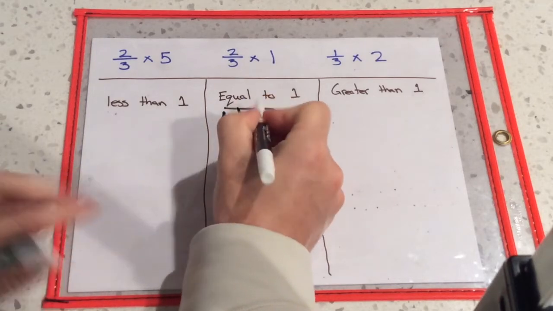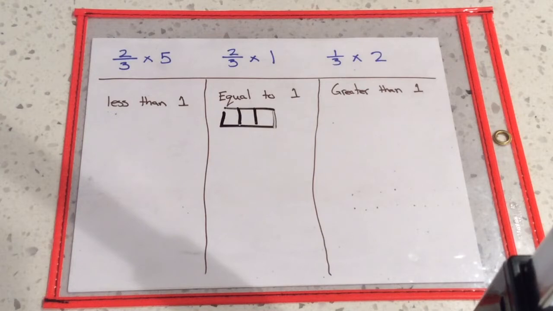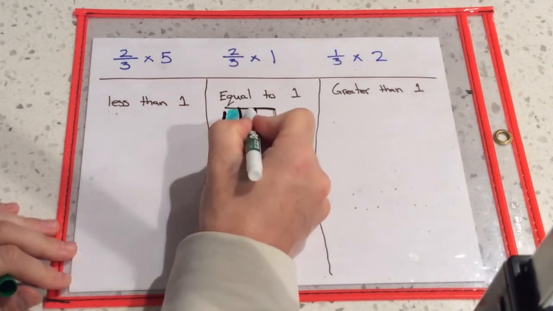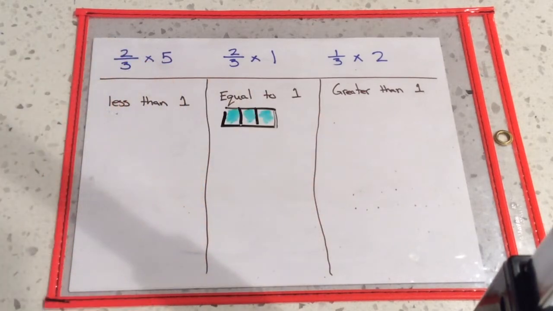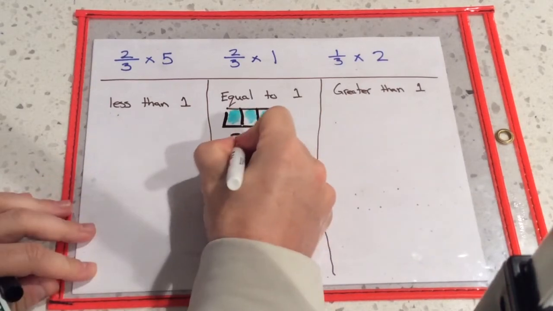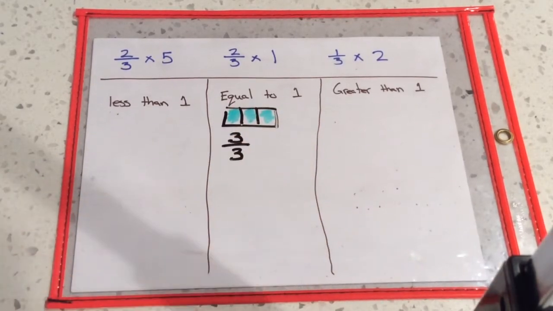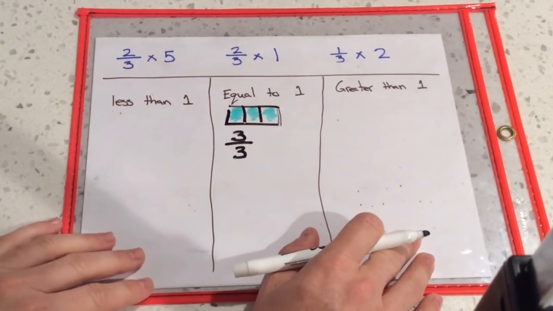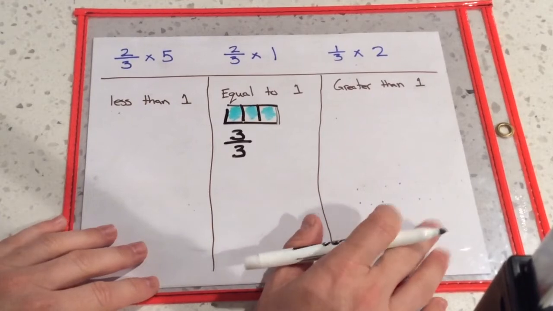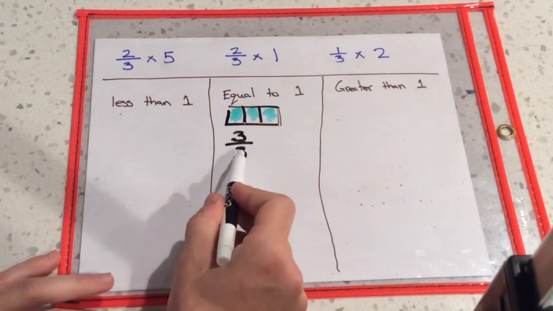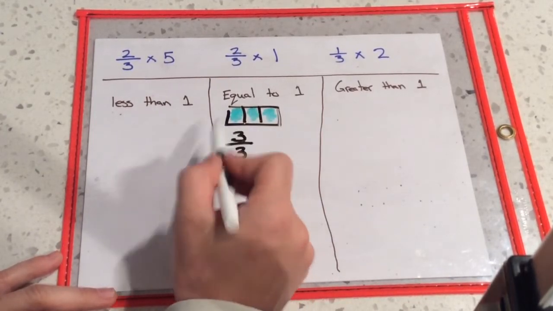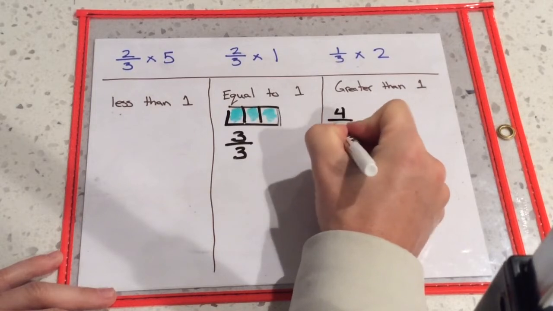I'm going to split it into thirds. And I want to know how many thirds I need to have shaded in so that it's equal to 1 whole. That would be 3/3. So anytime I have an equation that's equal to 3/3, I know that it's going to go in this section here, equal to 1 whole. Now I want to figure out what my qualifications are for greater than 1 whole and less than 1 whole. If I know that 1 is equal to 3/3, then anything greater than 3/3,